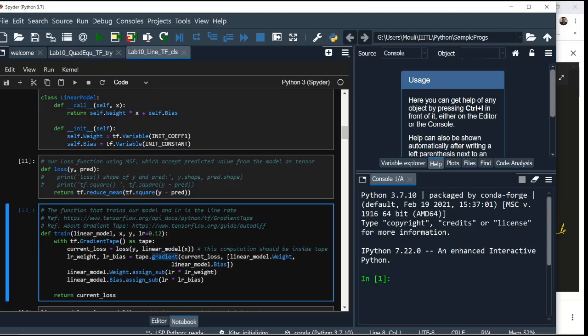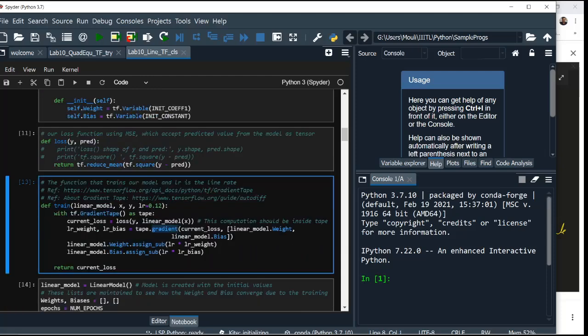I'm sorry, does it update it? No, it is actually taking those values. Let me check it again. No, it is updating here only. We are assigning the value here only. We are only passing the two values, weight and bias, and then it returns the